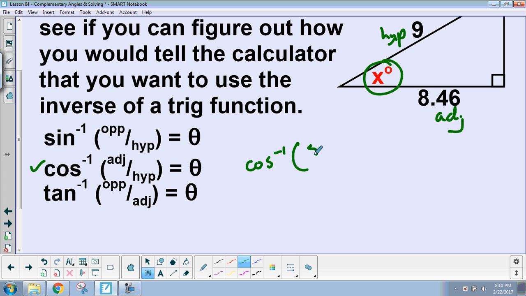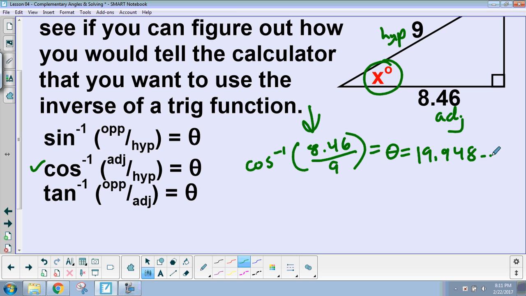I'm plugging it in as I see it. I'm hitting shift cosine inverse, and then I'm hitting my fraction key, and I'm putting 8.46 above 9. Closing my parentheses. Again, I'm making it look just like this. I hit enter. Now, my answer, I do get 19.948, etc., which, if I was rounding this, it would be